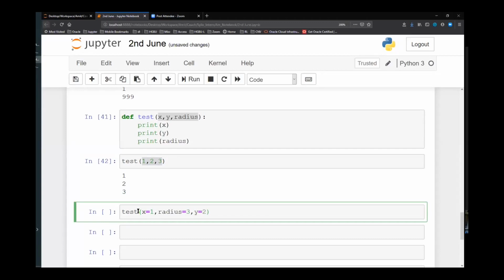So if you see here, while passing the parameters, I have changed the sequence. It's not in the same sequence in which the function is expecting the parameters. It's not x, y, and radius. It is x, radius, and y. But what I have done is give this equals to sign to pass the parameters, and this is called keyword parameters. So like we are using keywords to pass the parameters. Okay, I may not be very exact and precise in the terms that I'm using, but this is how you will need to understand.